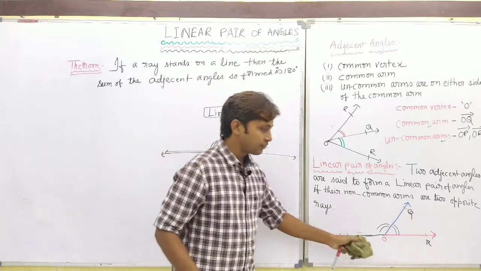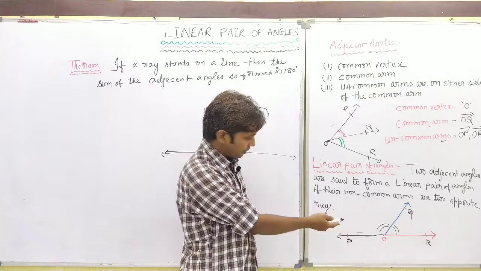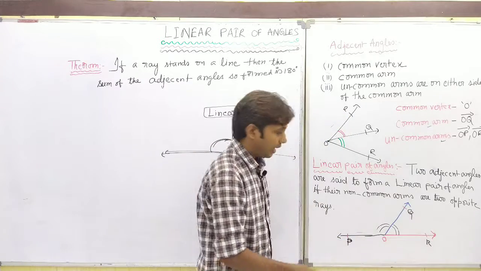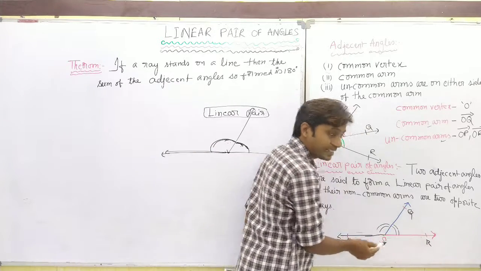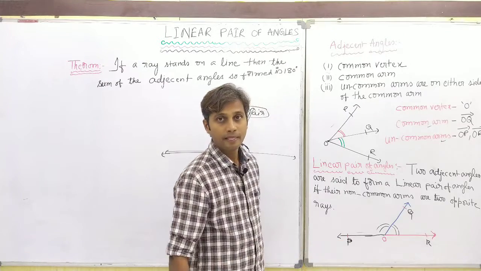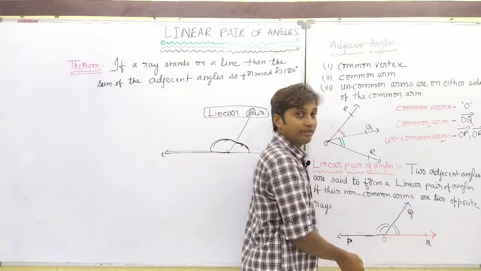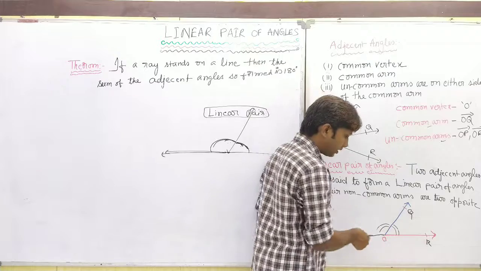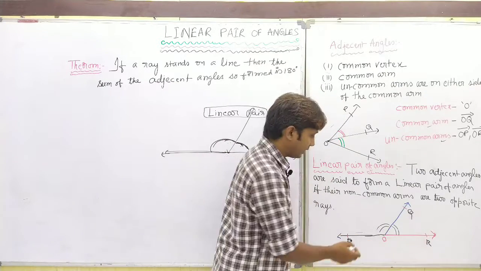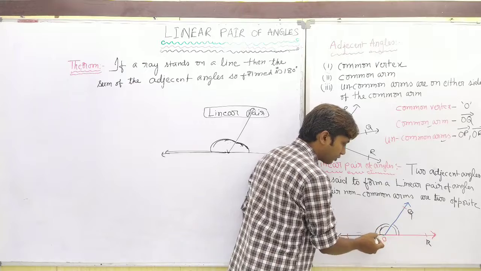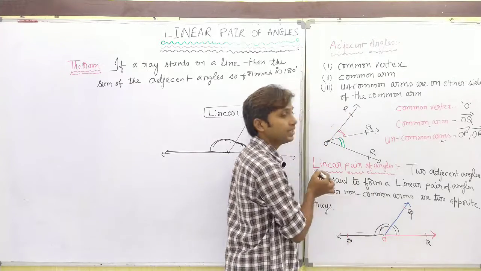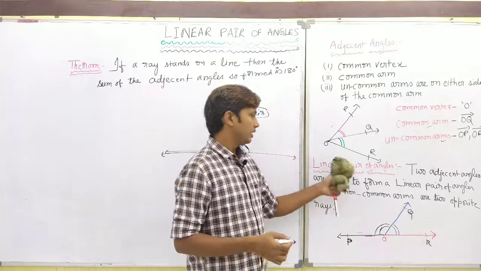So as we have shown in this figure, just try to do the observation on that. See here, OP is one of the rays, and OR is exactly the ray which is oppositely directed to OP, and OQ is another ray which stands upon this vertex. And now these are two oppositely directed rays. Now these two are adjacent angles which are said to be a linear pair.